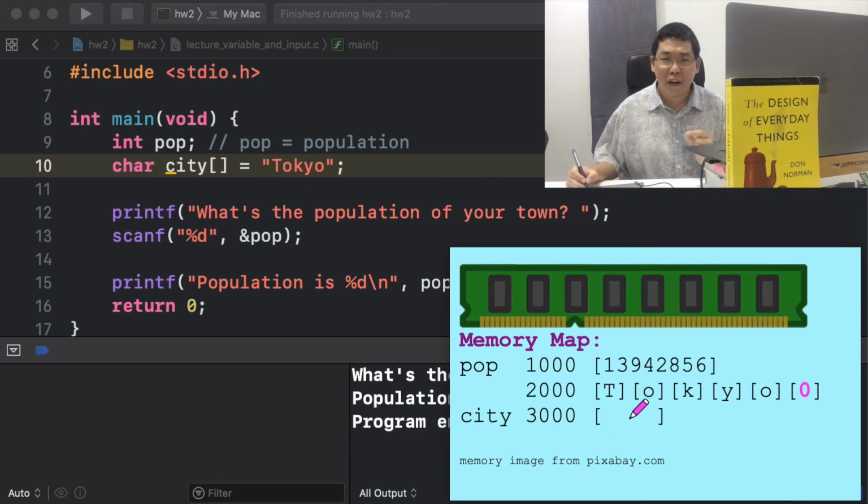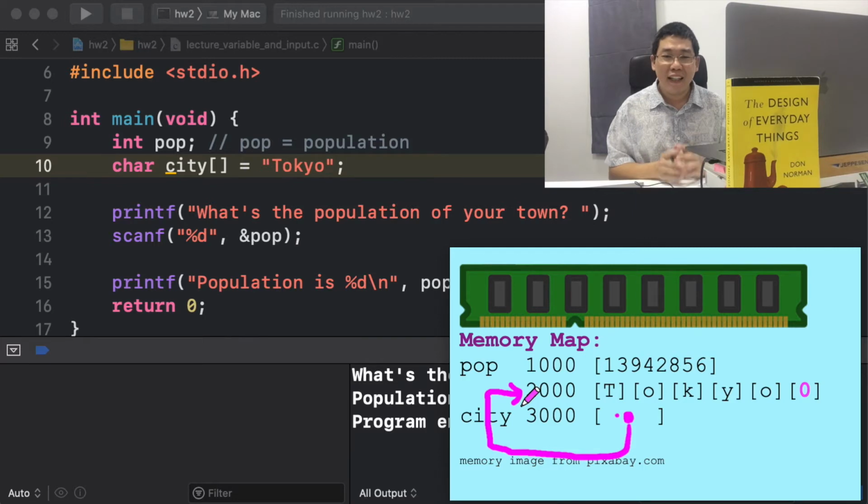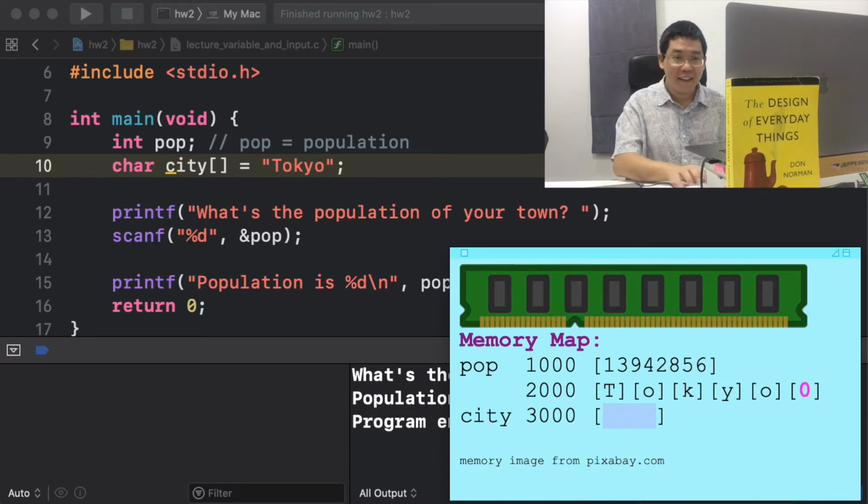How does it point there? Does it have an arrow like this? Well, conceptually, yes, but inside the system, there's no such thing as an arrow. It will contain the value 2000, which is the address of the first letter T in the array. So let's put 2000 here.